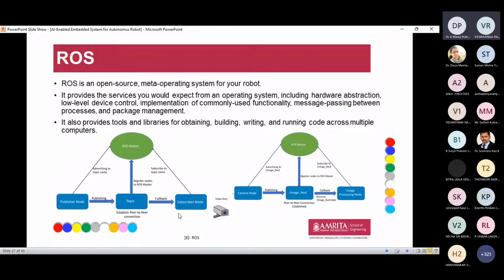And next you see that using image processing, let us consider the publisher node is the camera node, and the image processing is a subscriber node. The input taken from the camera node passes through the ROS master, then the robot does the classification of the object. Let us say this is a task, and the ROS master does the image processing techniques and gives the action to the camera node. Then the information passes from the camera node to the image processing node. So this is the process of ROS nodes.